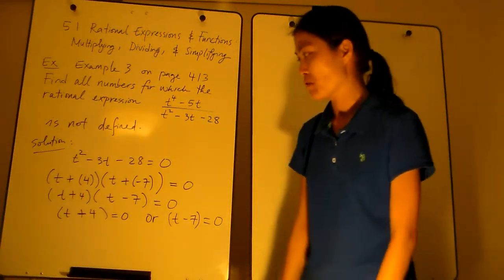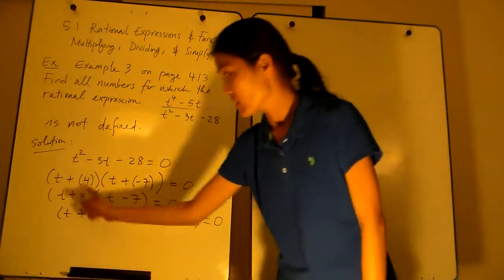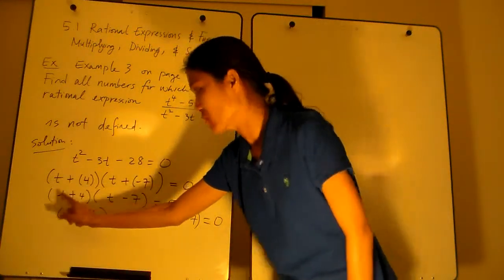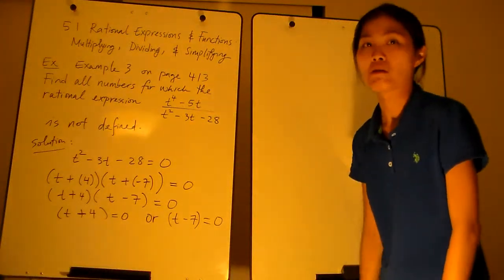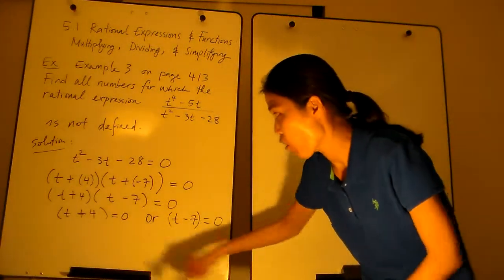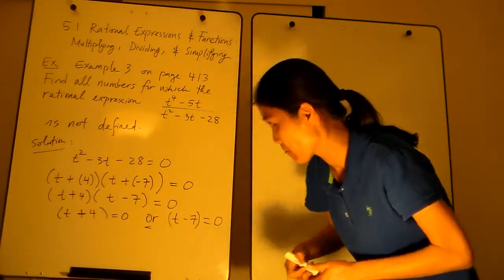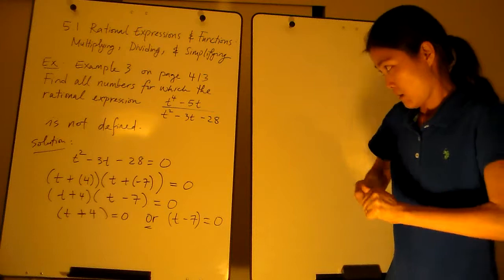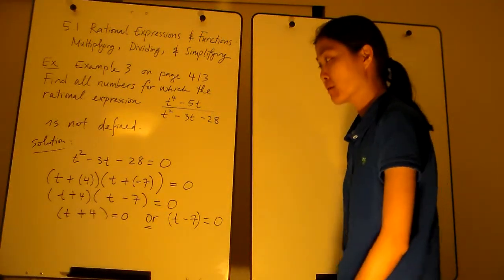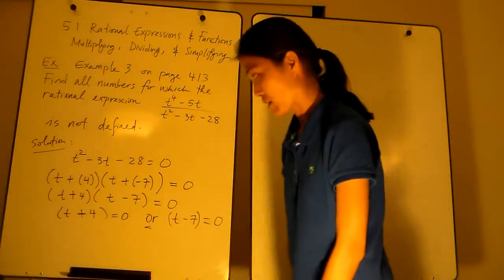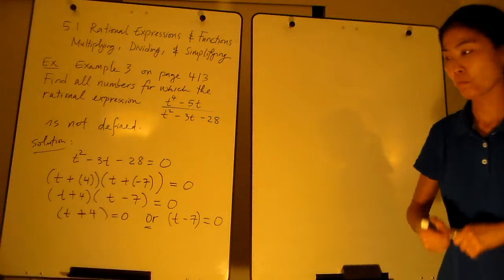Or in the other case, when the second factor, t minus 7, equals 0, it doesn't matter what value is in the first factor, when multiplied by 0, it is guaranteed to equal 0. So t plus 4 times t minus 7 equals 0 if either the first factor t plus 4 equals 0